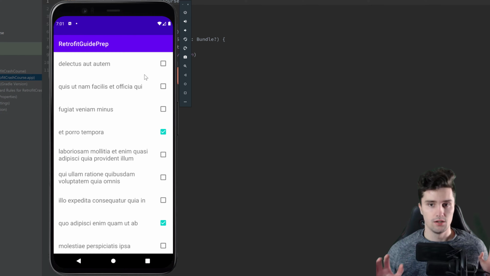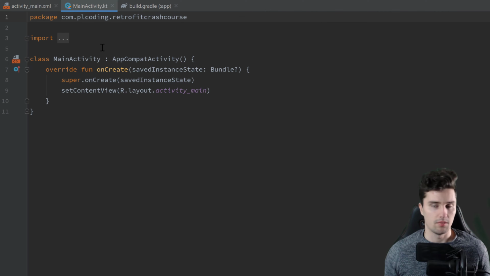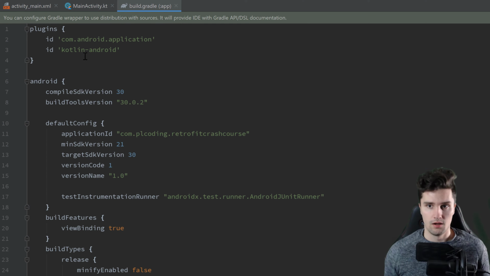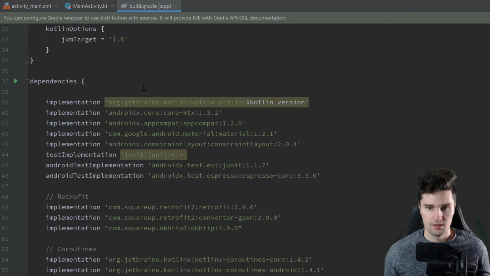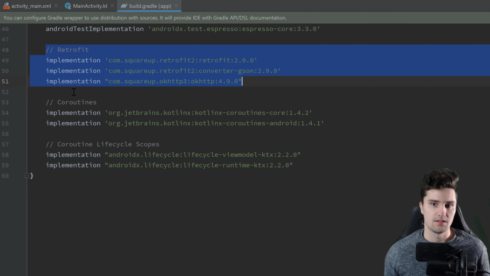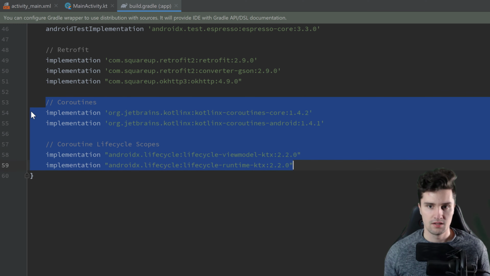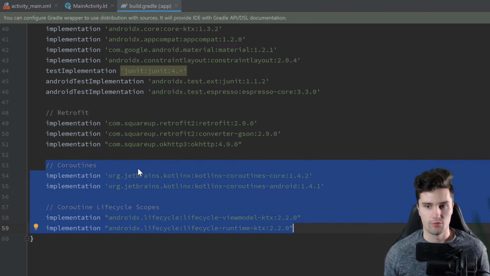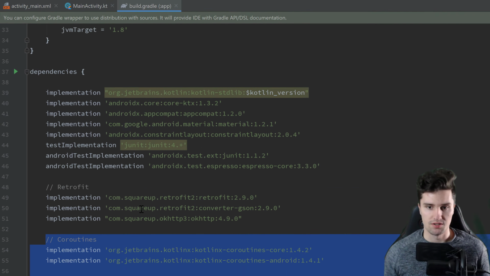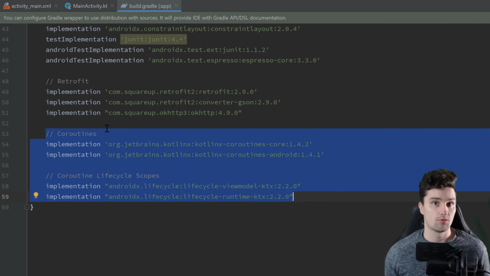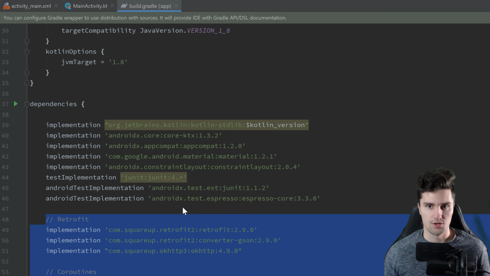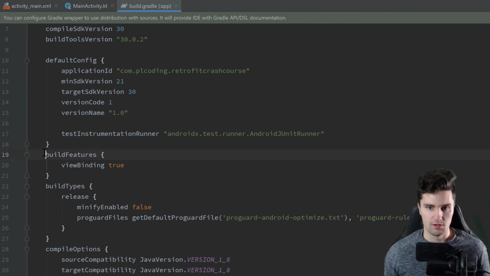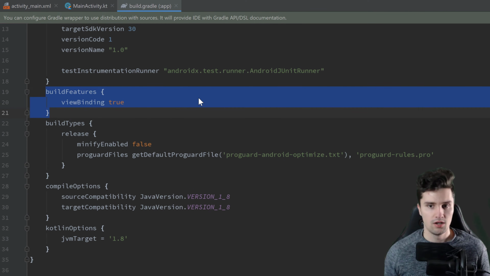The only real prerequisite you need here for this tutorial are the dependencies. So here I'm just in an empty Android Studio project, and here in the build.gradle file you can see I already pasted the Retrofit dependencies and the coroutine dependencies and the lifecycle scopes for coroutines, because we will use coroutines here in combination with Retrofit to make our requests and get the responses. So you can just go to my GitHub repository, link in this video's description, and copy these dependencies over. And also don't forget to enable view binding here, because we will use view binding here,